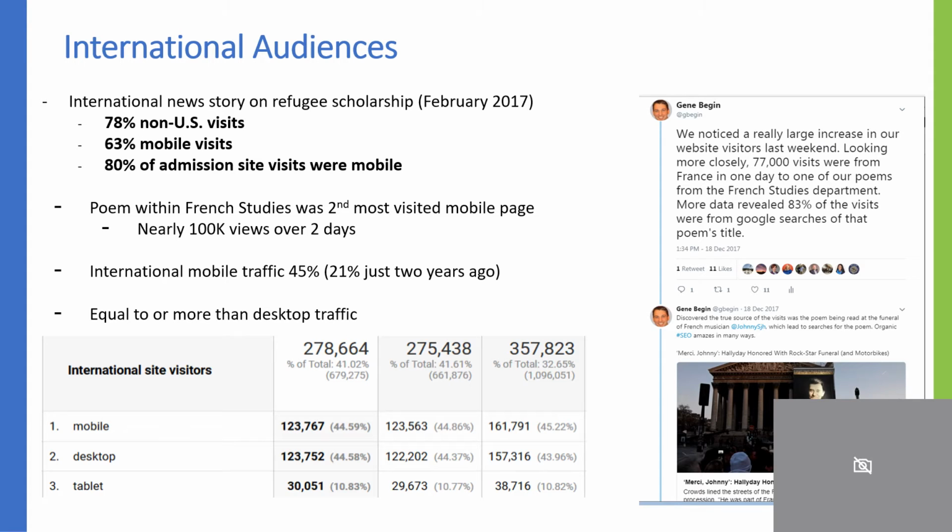And many times, depending on the time of year, the time frame that we're looking at, it's equal to or more than desktop traffic. So in this day and age, you'll hear a lot of people talk about mobile first, and mobile first certainly is a mindset that we all need to think about. But I also like to think about making everything mobile equal.